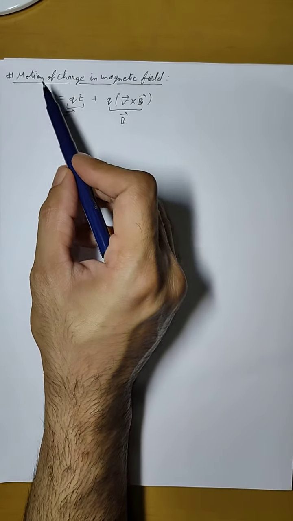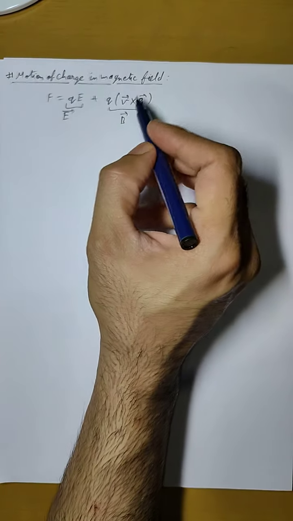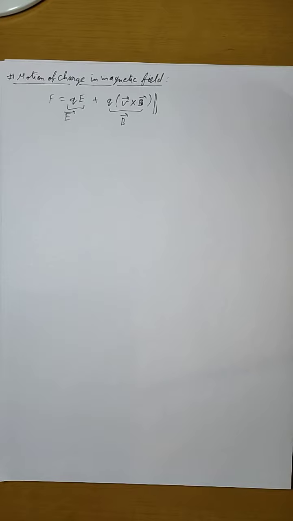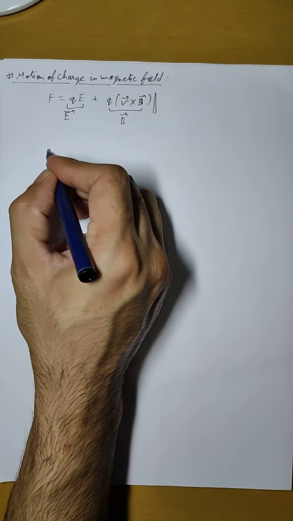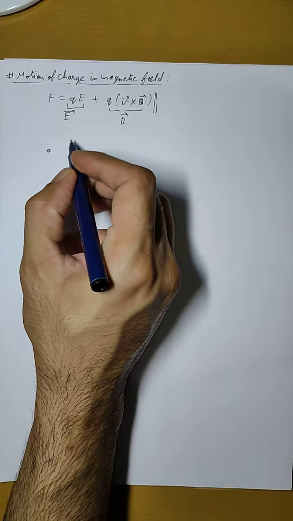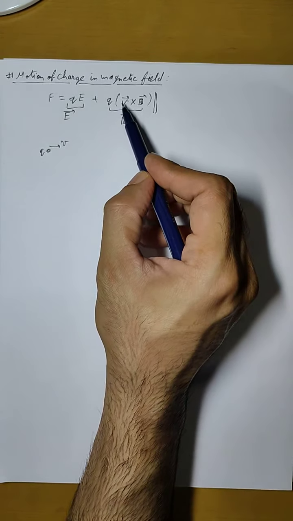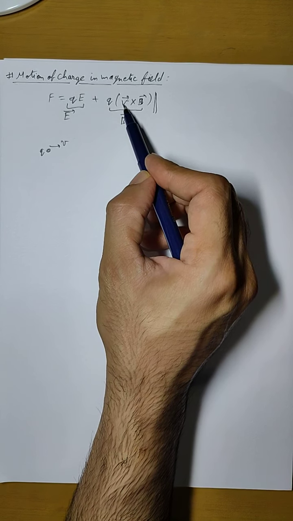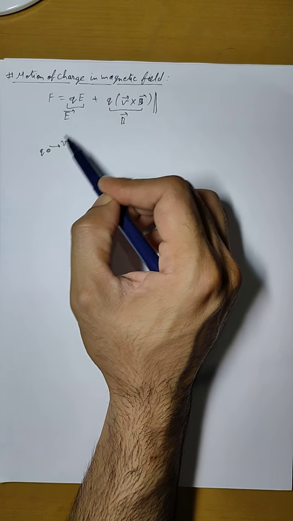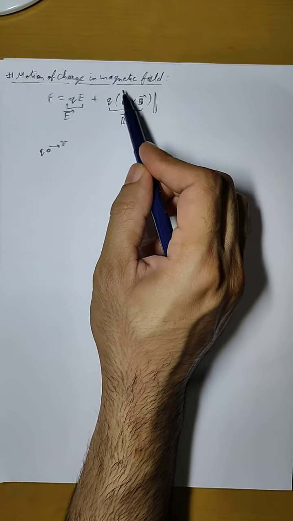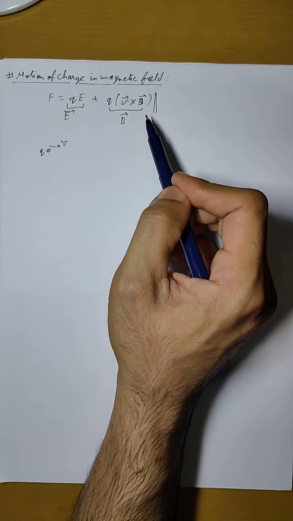Now here we are going to study the motion of charge in a magnetic field. So we are going to take this part only into consideration. Let us say that a charge enters a magnetic field. There is a magnetic field and charge q enters it with velocity v, because we know that charge will be affected by the magnetic field only if it is moving, because of the velocity component here. If it is not moving, if the charge is static, then v will become equal to 0 and the magnetic field will not apply any force on the charged particle. So it has to be moving.